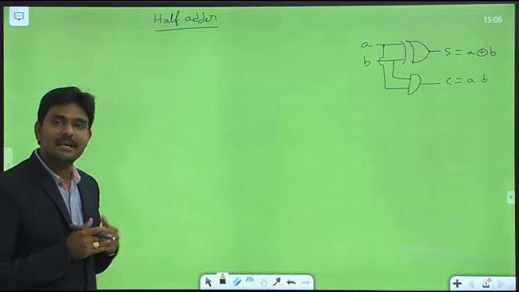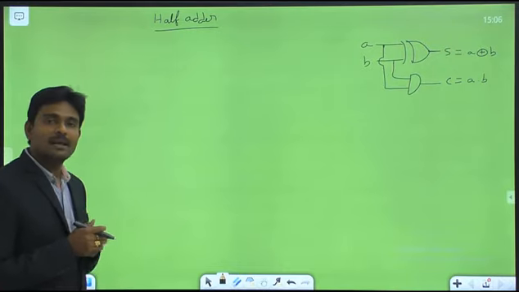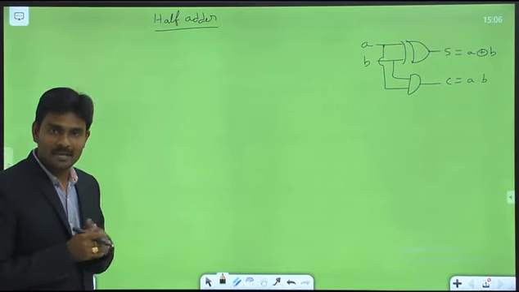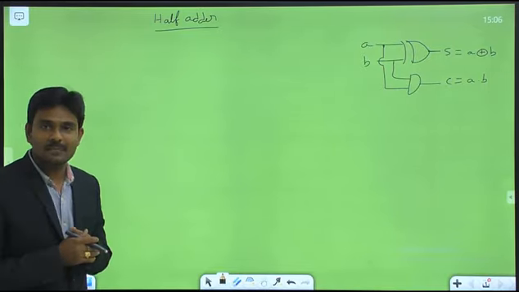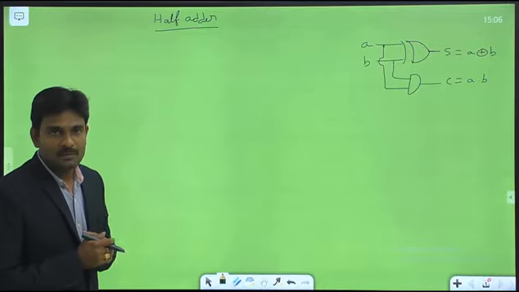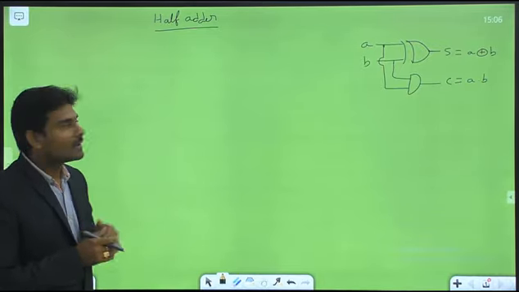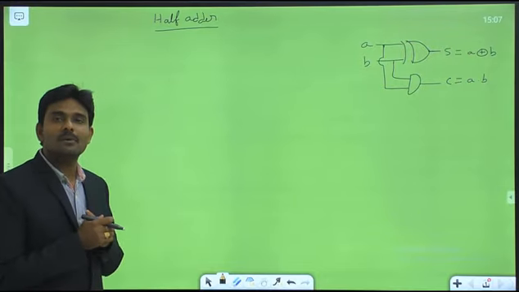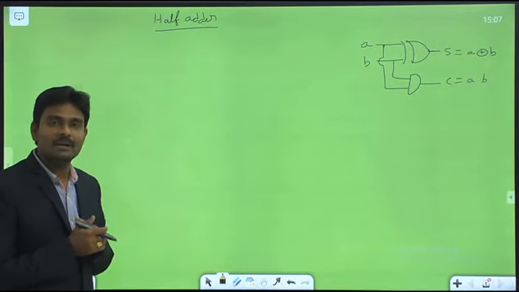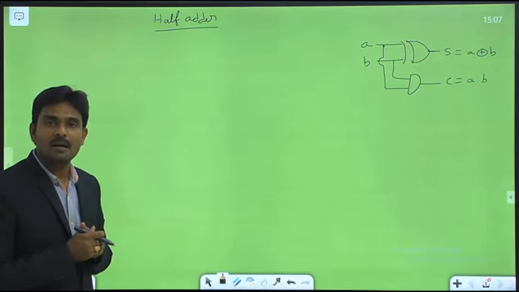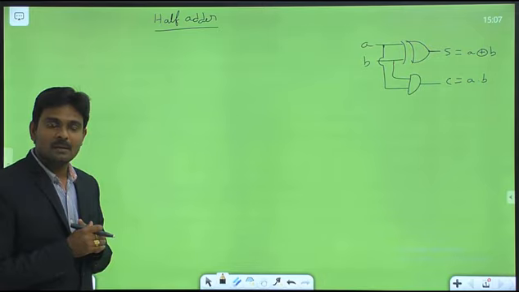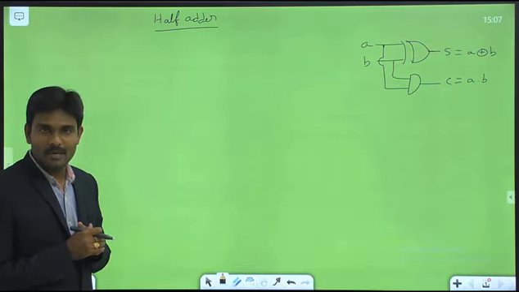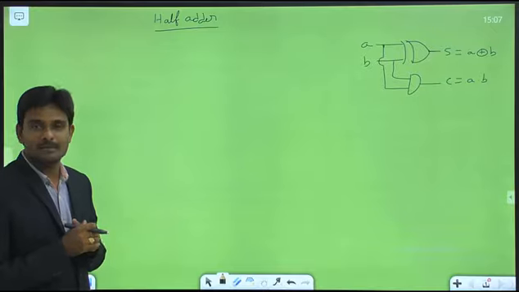By using these three different concurrent statements, we realized the data flow description style program for the prime number detector. Now I am going to discuss another example. Here I considered the half adder. For this half adder, once again we are going to write a data flow description style by considering all three types of concurrent statements: the concurrent signal assignment statement, the conditional form of the concurrent signal assignment statement, and the selected signal assignment statement.